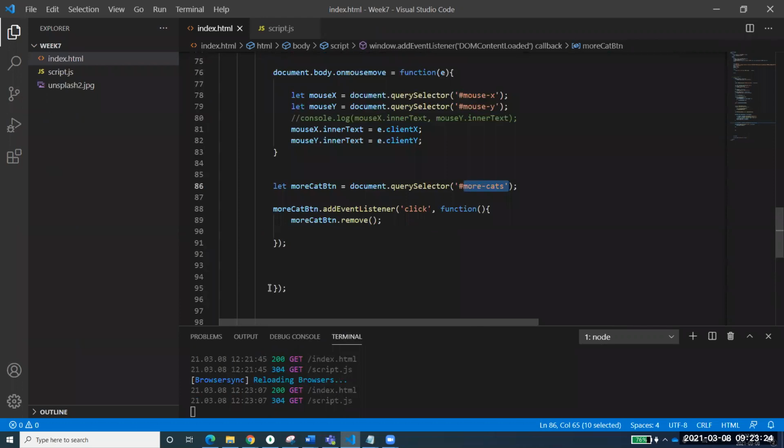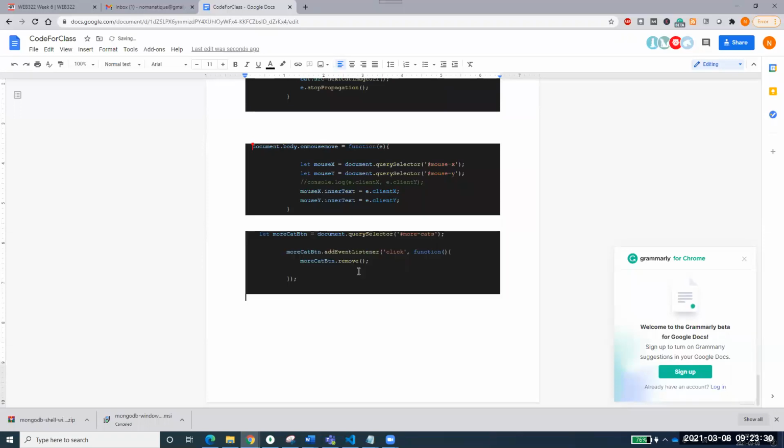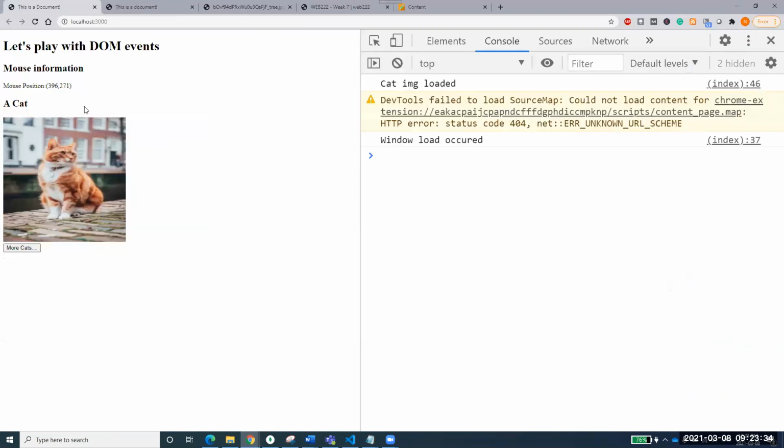Have you followed this one? This code? And I'm just copying this code in the document so that everyone gets it. It's just the button code. And please remember to add that button in your page. Now, if you come here and refresh it, if you go to this button and click on it, magic. Now your button has disappeared. Is that right? It has disappeared from the DOM. The button has disappeared.